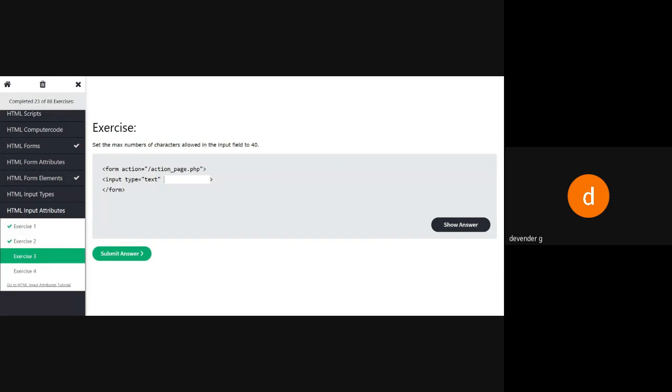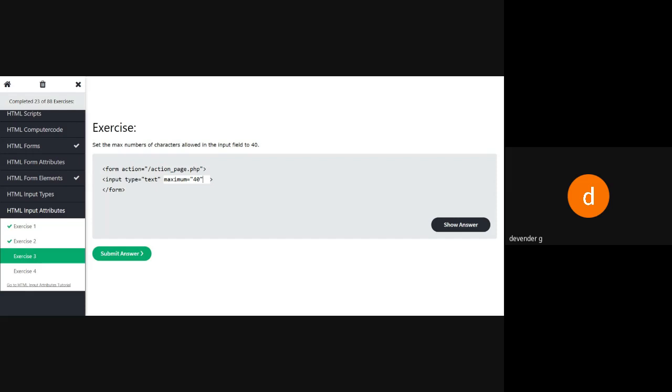Now I want the maximum number of characters in the input field to be 40. So I need the maximum characters. So I'll be saying max is equal to 40. It says set the maximum number of characters allowed in the input box.